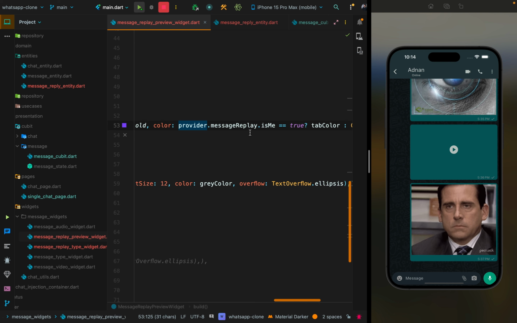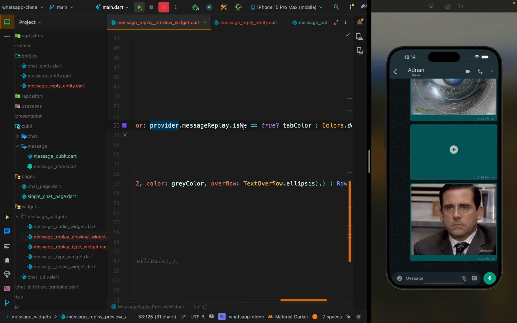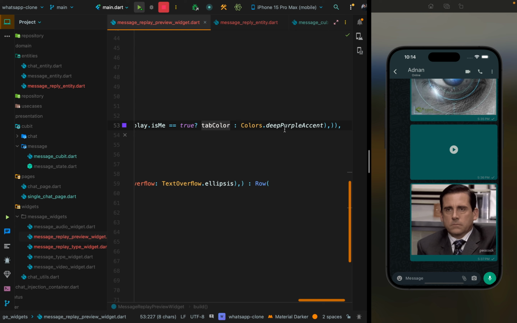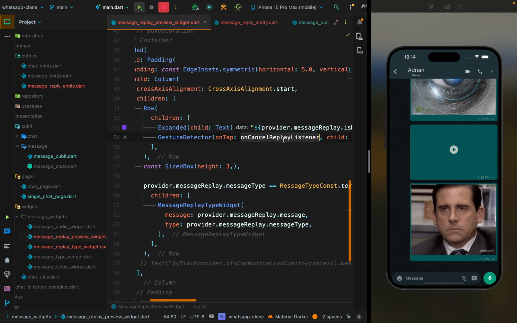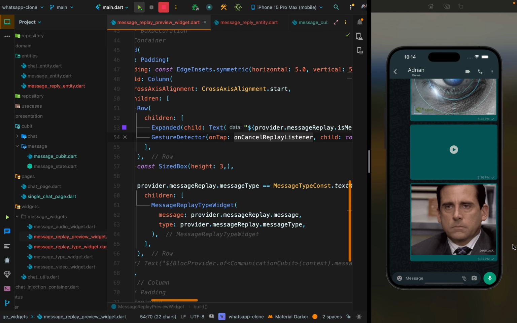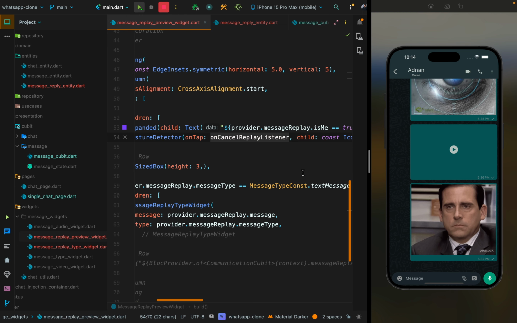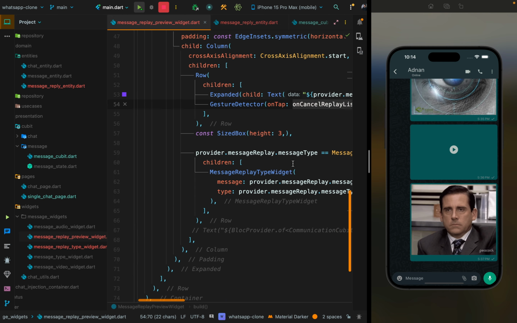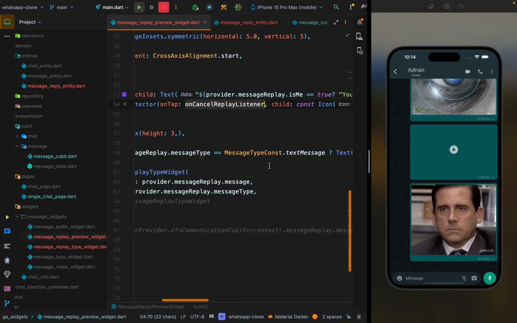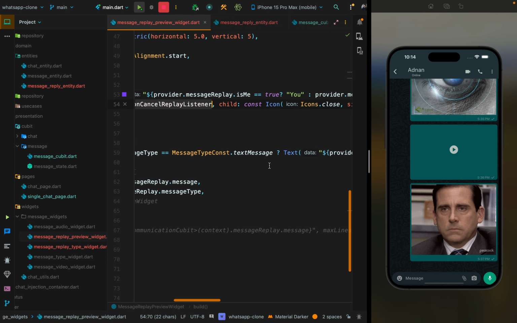And the color is also decided based on that. If it was me, the tab color, otherwise a deep purple color for the other user. And the gesture detector is that cancel button at the end when we are replying, simply a close button. And here after that we are checking